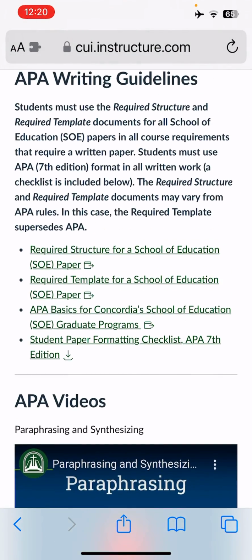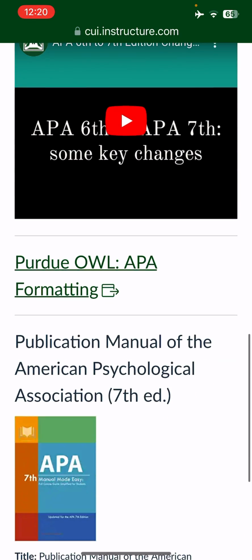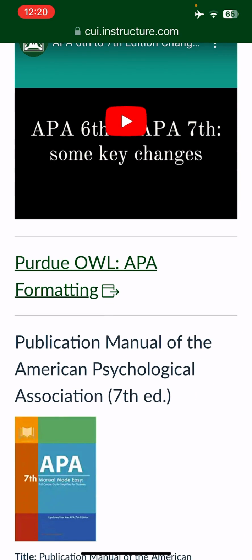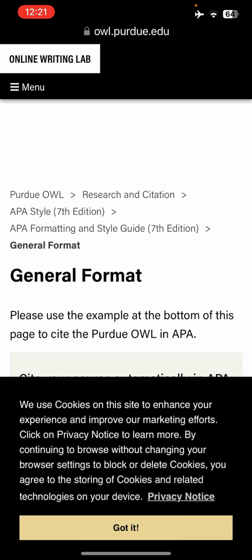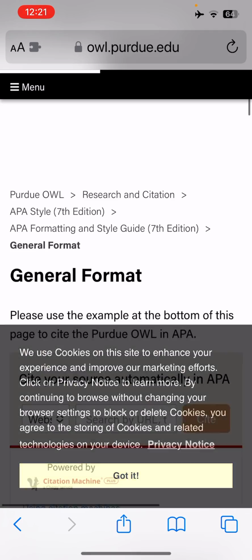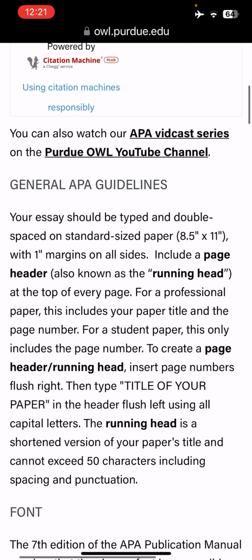I'm going to talk about these things right up here just a little bit, but first, I want to point out this thing right here, Purdue OWL. OWL stands for Online Writing Lab. So Purdue OWL has a whole formatting section on APA. So I'm going to open that for you. And what you're going to see here is very different from what I get on a desktop. I'm going to come back to that in a second.